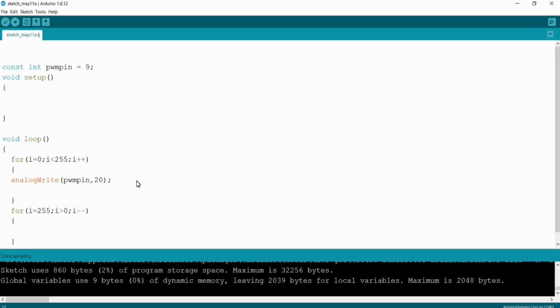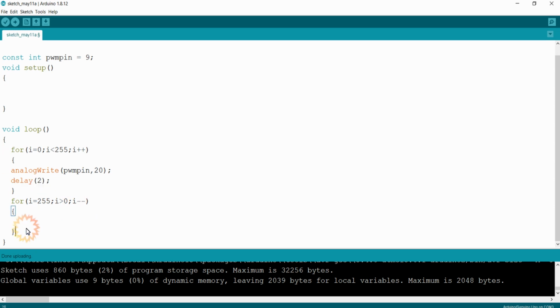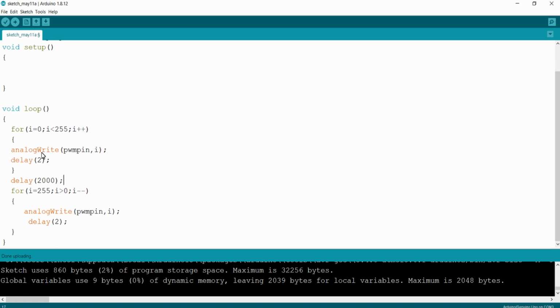For each loop I will provide a delay of 2 milliseconds, and I will pass the i variable as the second parameter for this analogWrite function. In between these two loops I will provide a delay of 2 seconds.